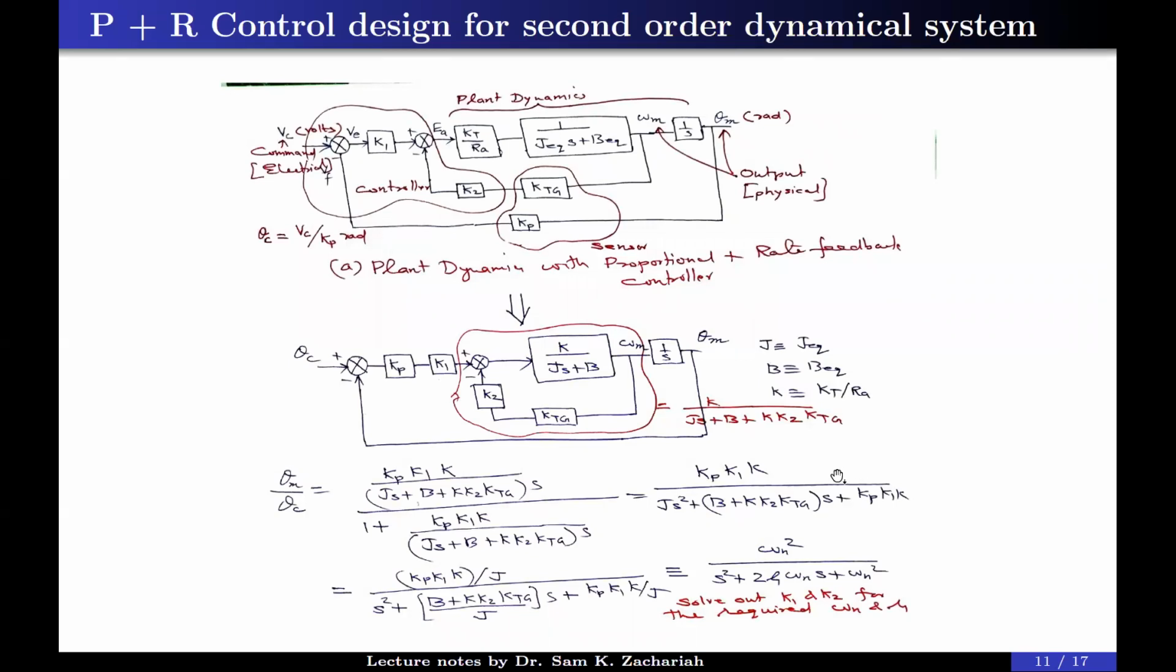So what we have covered so far is how we can design a proportional plus rate feedback control so as to get a closed loop transfer function of omega n square by s square plus 2 zeta omega n s plus omega n square. And we have two specifications in terms of the